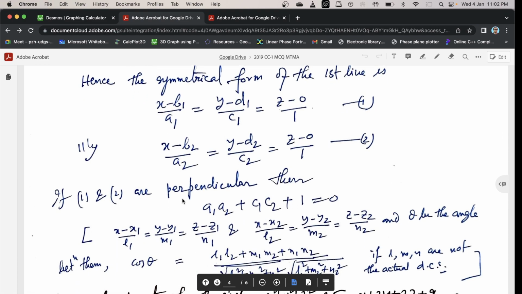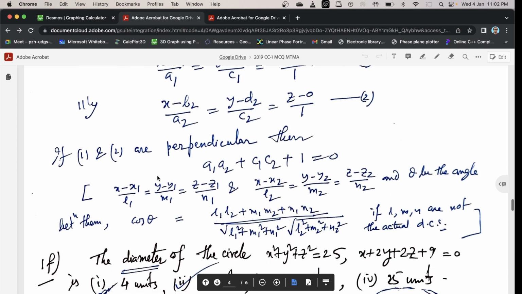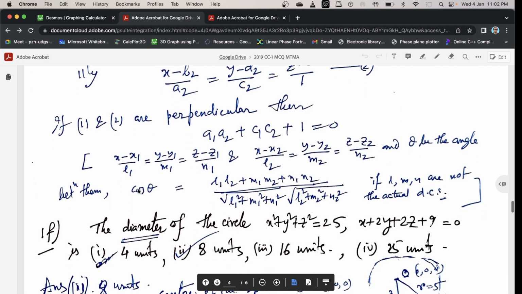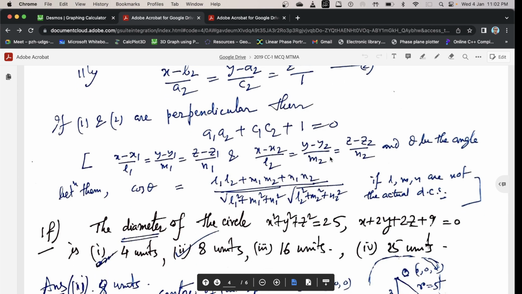And if L1 and L2 are perpendicular, then the sum of the products of their direction ratios must be equal to 0. So a1 a2 plus b1 b2 plus c1 c2 equal to 0. Because we know that if there are two lines (x minus x1)/L1 equals (y minus y1)/M1 equals (z minus z1)/N1,